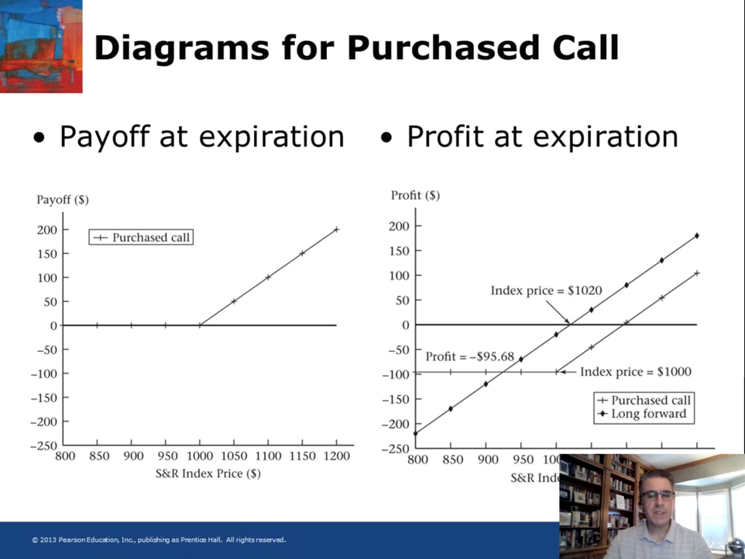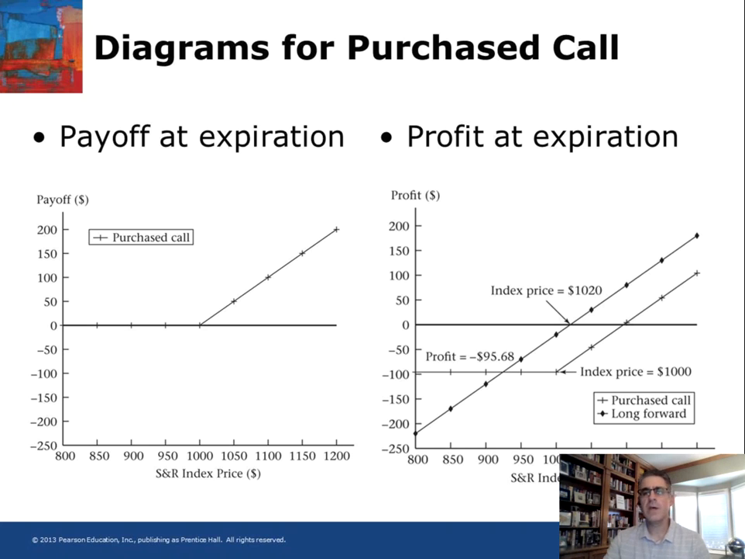On the right, we have a profit diagram for this call option. The profit line here is exactly the same shape as the payoff line from the chart on the left, except that it's shifted down by 95.68 to reflect the interest-adjusted premium. So for index prices less than 1020, the profit is the same negative 95.68